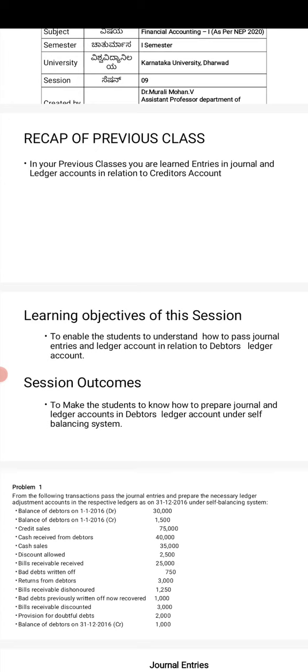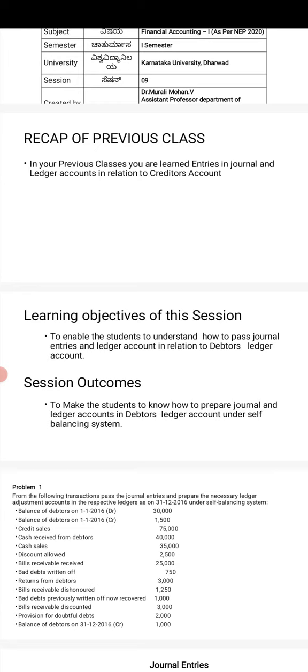Balance of debtors on 1st January 2016, debit balance 30,000. Balance of debtors as on 1st January 2016, credit balance 1,500, credit sales 75,000, cash received from debtors 40,000, cash